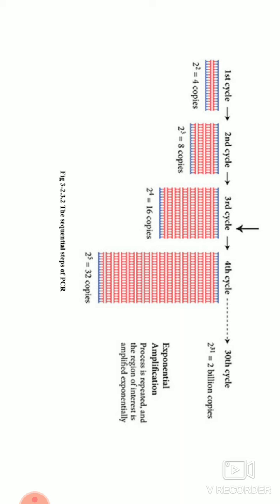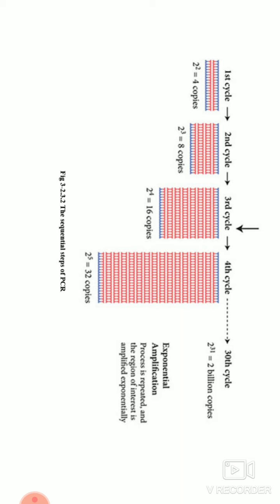Like this you can go till the 30th cycle, that is 2 to the power of 31, that is 2 billion copies at the end of your cycle. That is, even if you have a huge genomic DNA, your PCR product will be the major product in the PCR reaction mix. Okay, there are some key factors which you have to remember when you're doing a PCR reaction